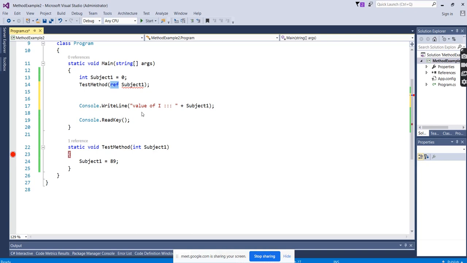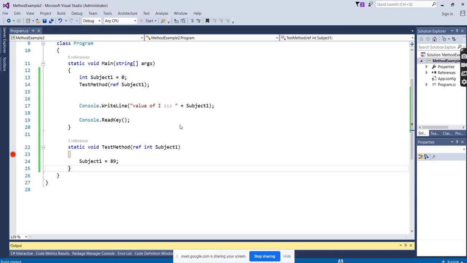So even while calling, just before the argument, we have to mention the ref. Right? So the error went. In the test method I'm using the keyword ref just before the parameter type, and while calling as well. Okay. Now we will see what the output is now.